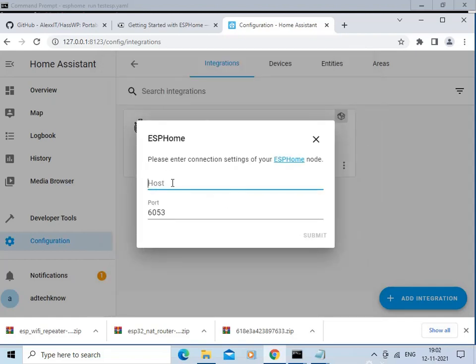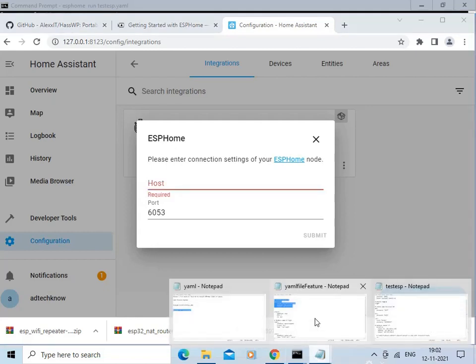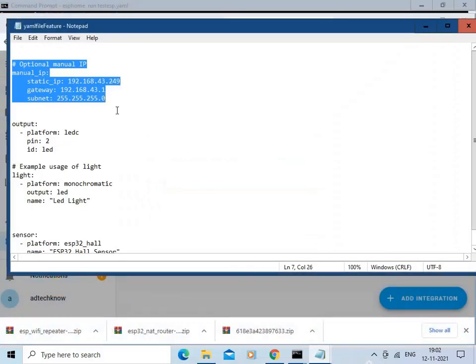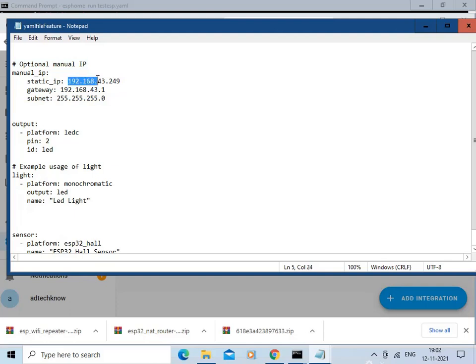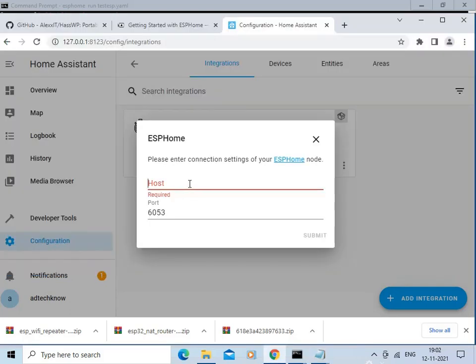Now it is asking us about the host. We are going to enter the IP address, that is the static IP of our device. We are going to copy it from here and paste it over here. Click on the submit button.